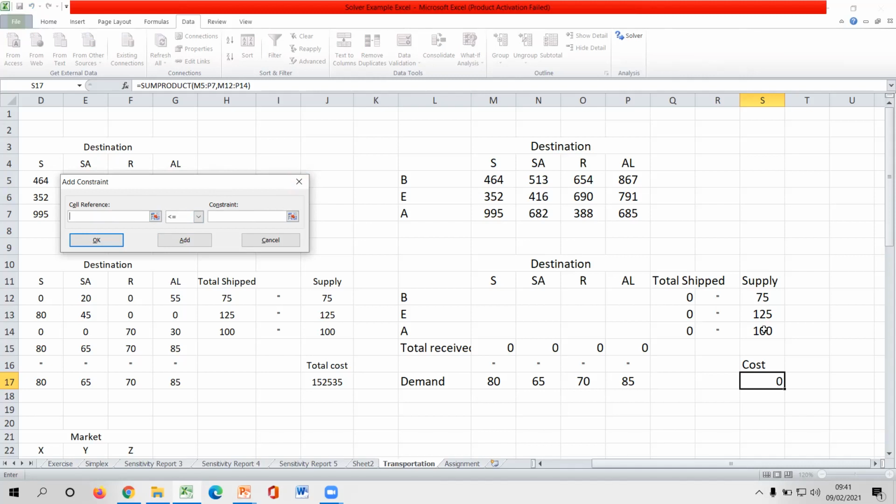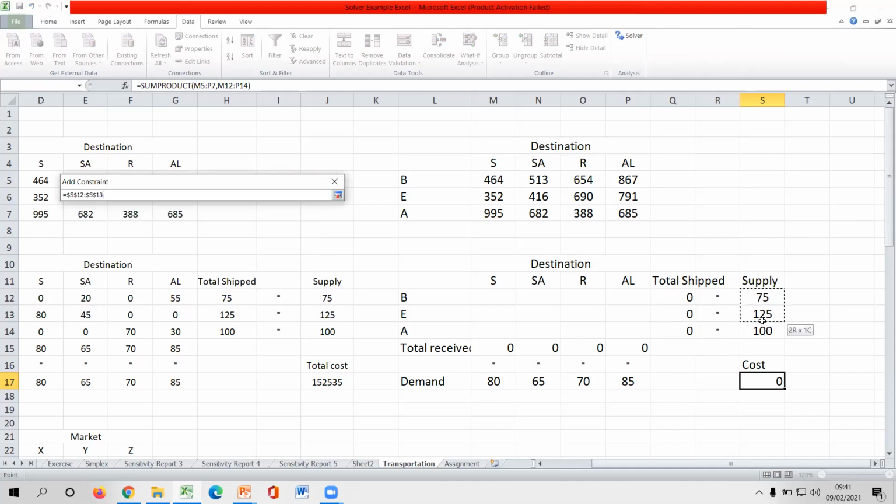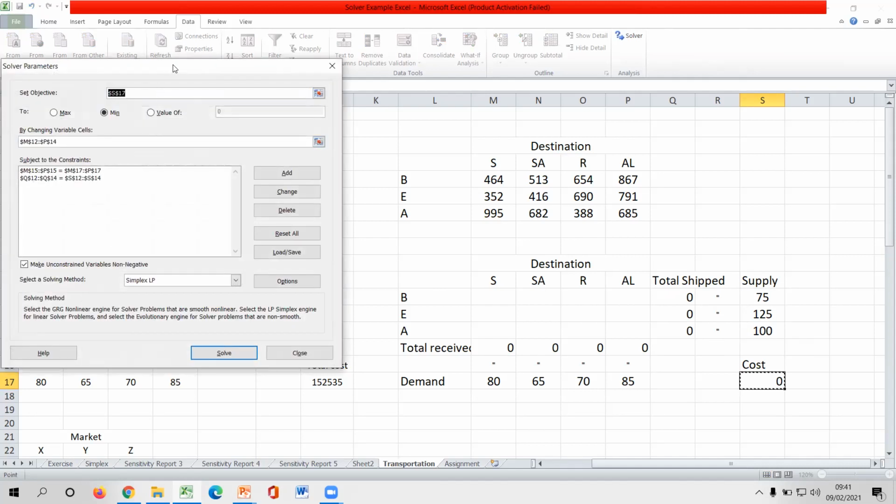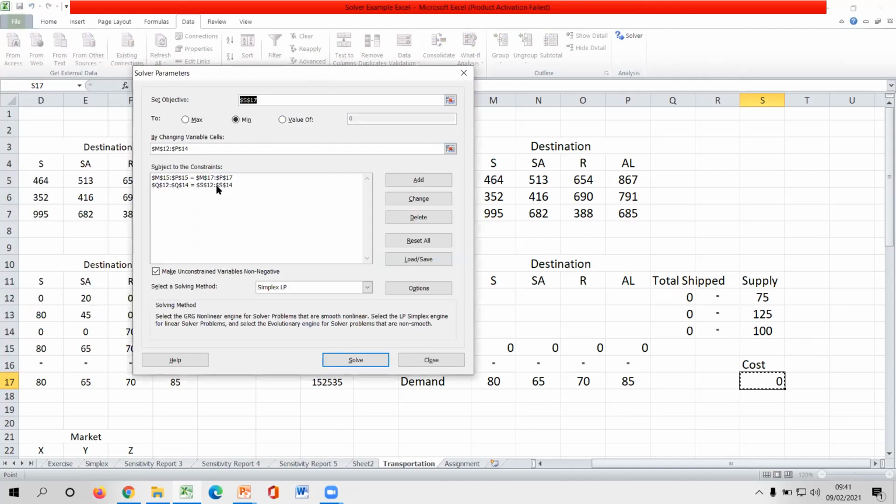Then our second one, your supply needs to be equal to your total shipment values, right? Therefore, in here also you have to select this sales, and change the symbol to equal, and your constraints are this, because these are your maximum supply, right? Then click OK. Now you can see that your two constraints are getting in here, right? I select all the things together because every sign is equal, right? Otherwise you can select one by one, right? This one, this one again, right? You should equal this one and this one, right?